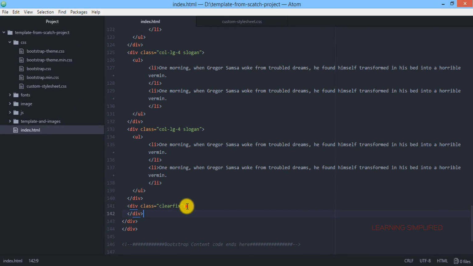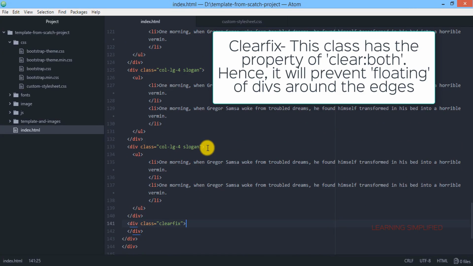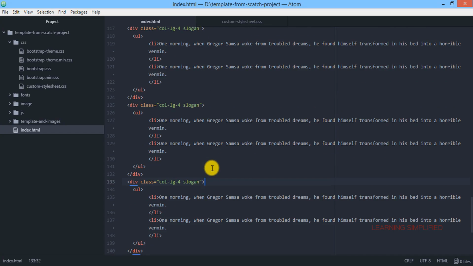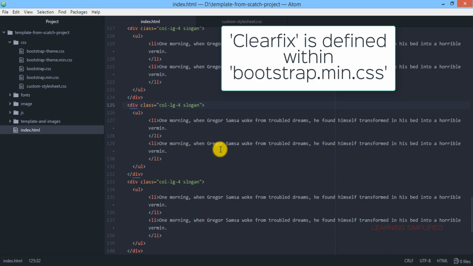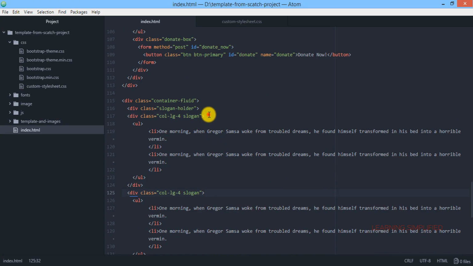So here it comes, the clear fix option. The objective of using a clear fix option, if we attribute this property somewhere else, is to let all those individual block elements work properly and display properly, and there's no floating from the extreme left or the extreme right part. So this is the exact purpose of using this clear fix option.